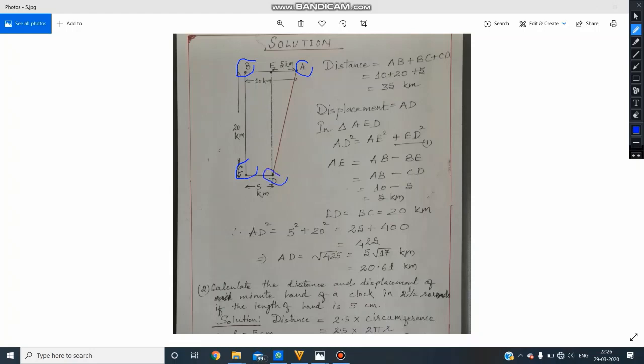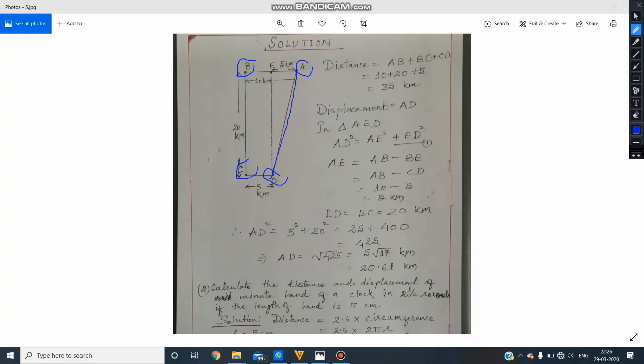So A is the initial point and D is the final point. Distance will be the addition of all these segments like AB, BC, CD, and that stands equal to 35 kilometer. For calculating displacement, you have to calculate the value of this AD line, and that can be done with the